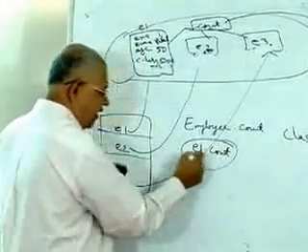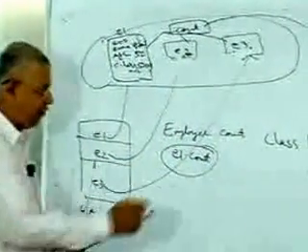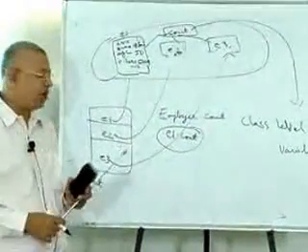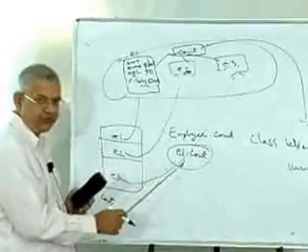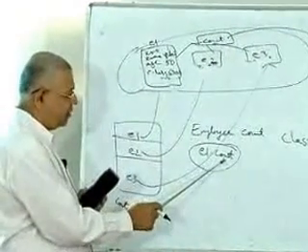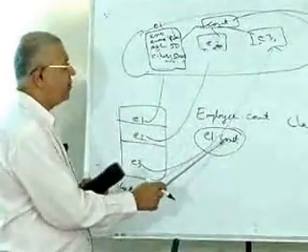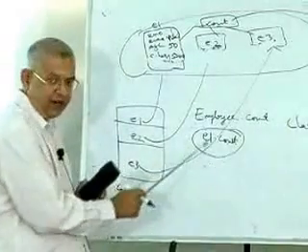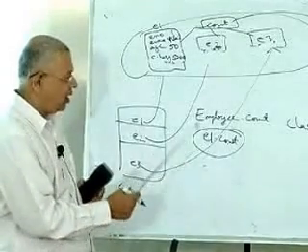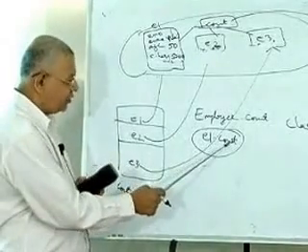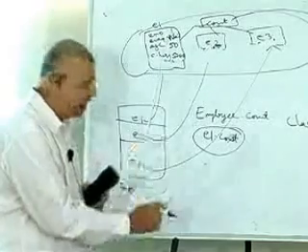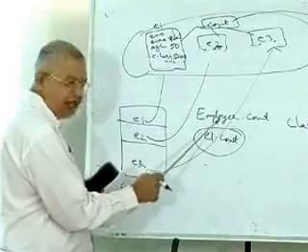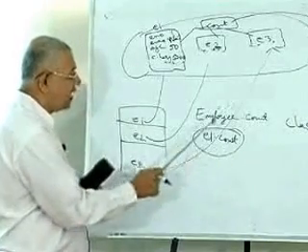It is okay if we say this, but this line will give you a warning if you try to access count using E1. This is not illegal. In some languages like C#, actually this is illegal. They say if count is a static variable, it should be accessed using a class reference. It should not be accessed using an employee reference. C# actually gives you an error on this kind of line. But Java, for historical reasons, if you use count through E1, gives you only a warning. But it says that the right way of using count, because it's a static variable, should be like this. So you reference count using a class reference.